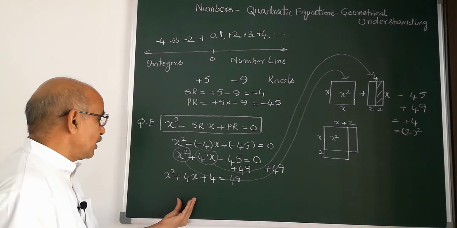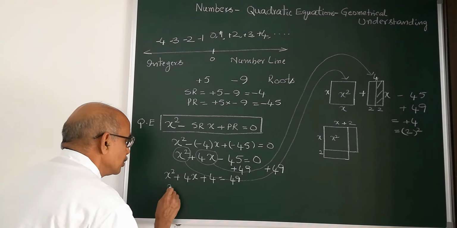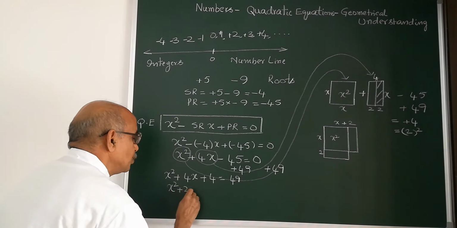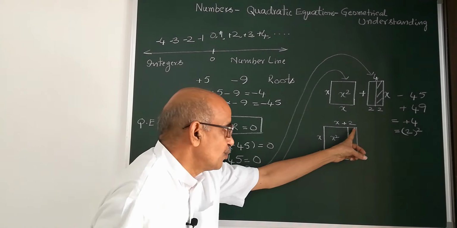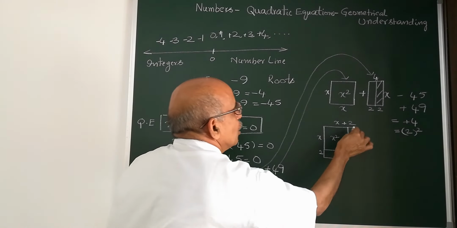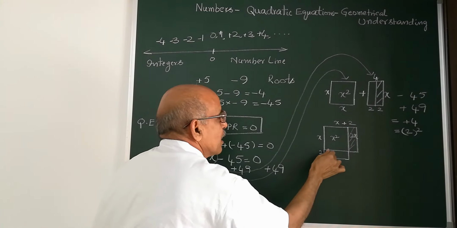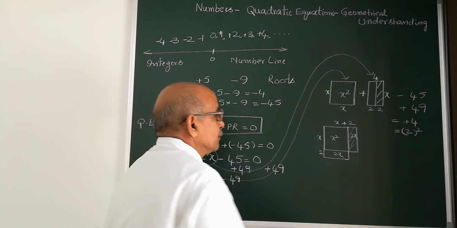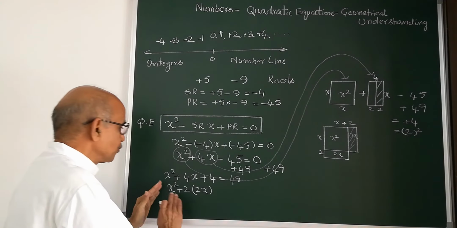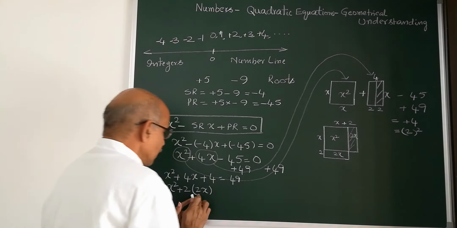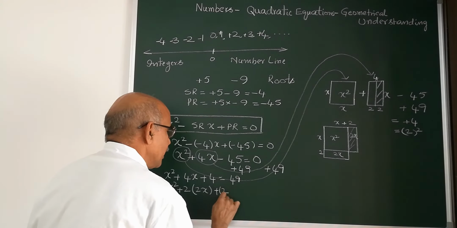Now we have learned the formula (a plus b) whole square equals a square plus 2ab plus b square. So this is written as x square plus 2 times 2x. What do you mean by this 2 times 2x? This is one rectangular strip whose area is 2 into x, 2x. The area of this rectangular strip also is 2x. Two such strips are there. One square is x square, and 2 pieces of area 2x, plus 4 can be written as 2 square.